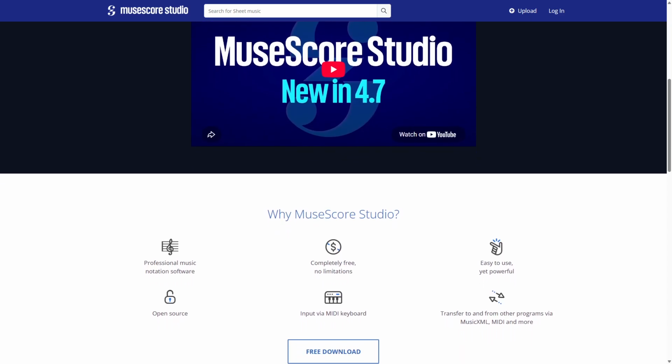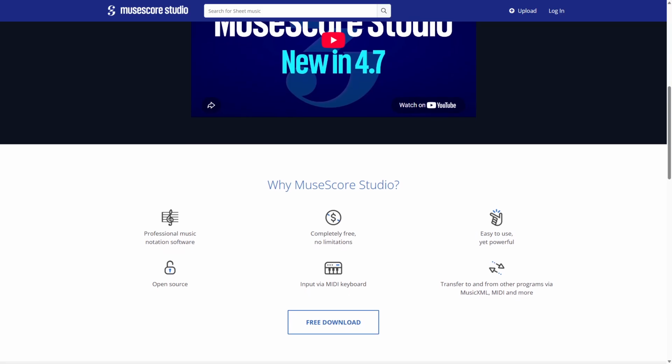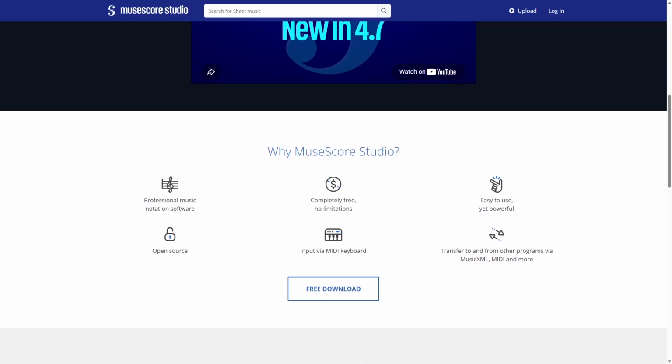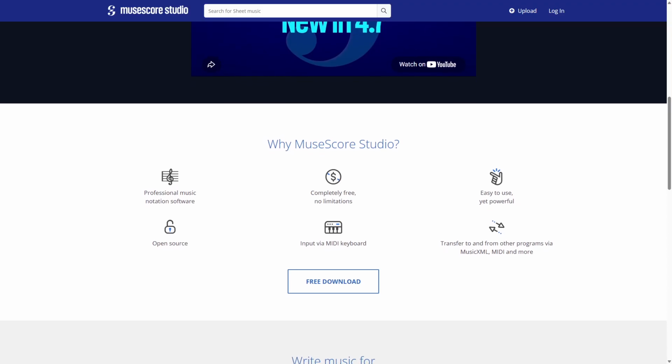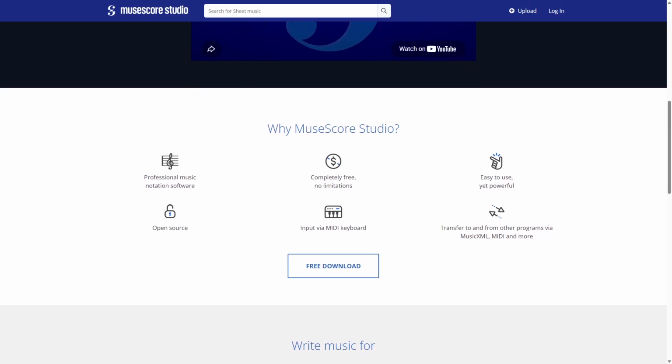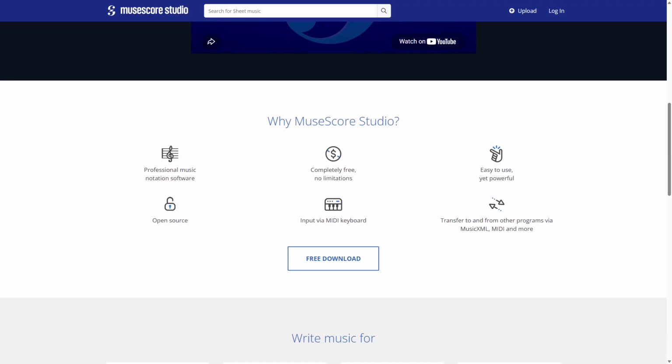However, it can become less flexible for highly customized or complex scores, and some advanced engraving features are limited compared to professional-grade tools. MuseScore suits musicians, educators, and hobbyists looking for a straightforward way to compose, arrange, or transcribe music